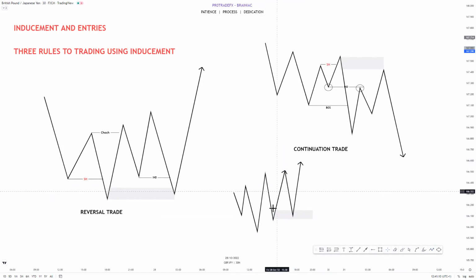So what are the rules that guide us to use this as inducement? Provided that this last leg has an imbalance to fill. Even on the lower time frame, we prefer to use this on the lower time frame, within 15 minutes, 5 minutes or 3 minutes, it all works fine. The inducement comes in when traders are looking to take positions from your recent order block. These are recent order blocks which traders are looking to take positions from. Ideally, we know that price can come back into this low if there's an imbalance below it, to really come into our level. So all traders who are looking to take an entry here